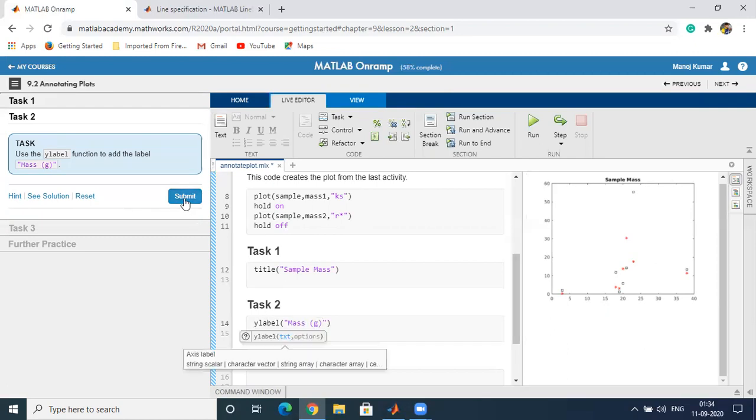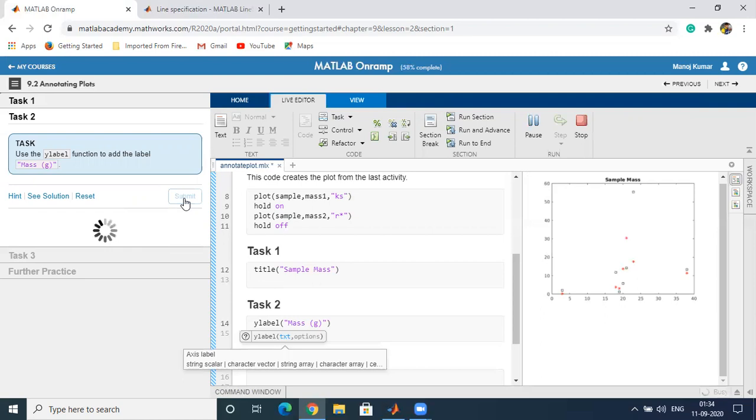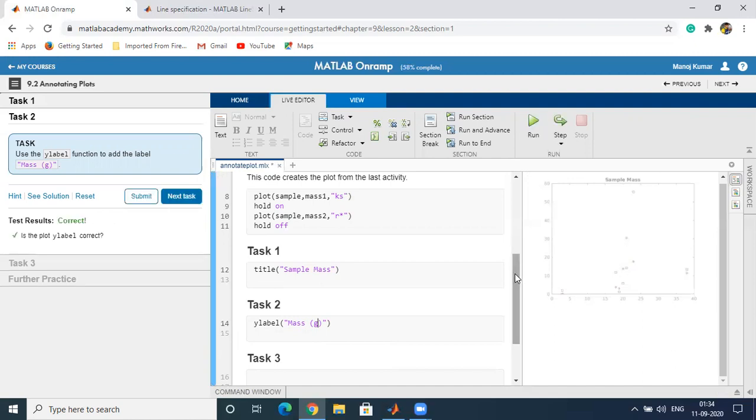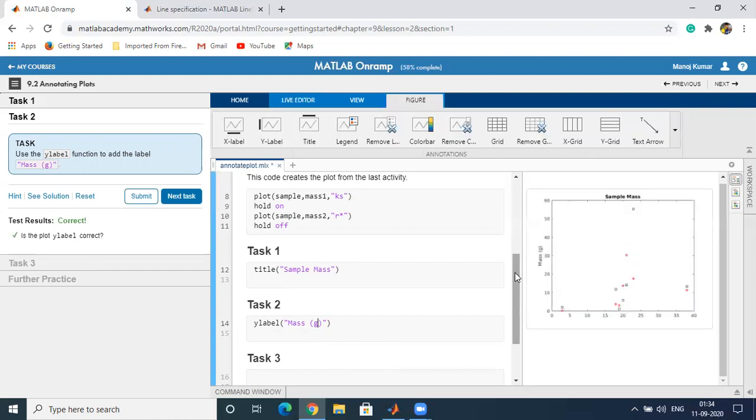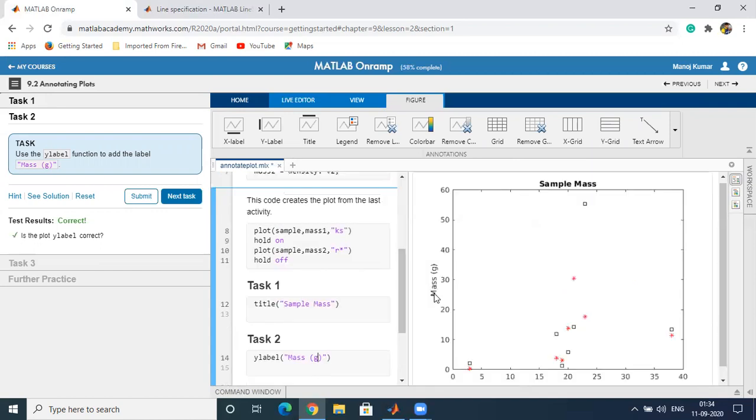Now it will appear on the y-axis. You can see the mass has appeared on the y-axis, and sample has appeared at the center of the top of the figure.